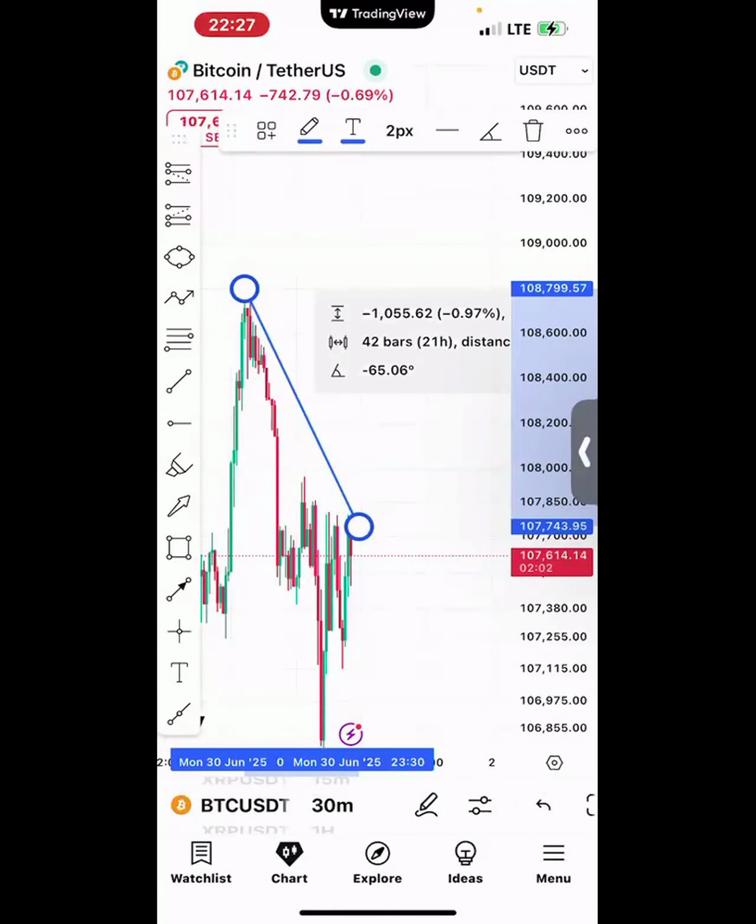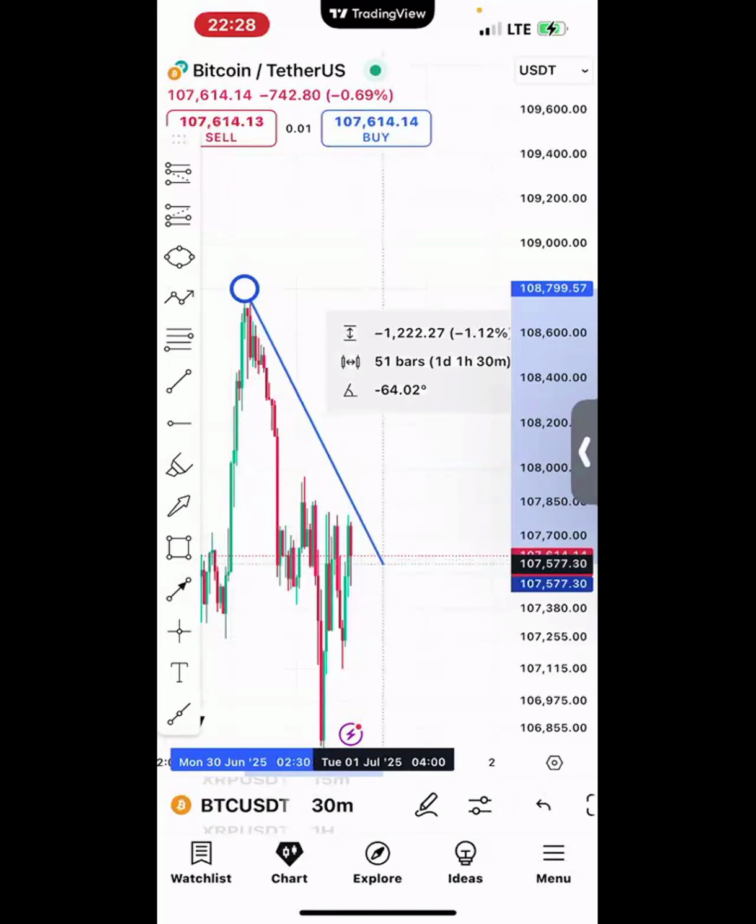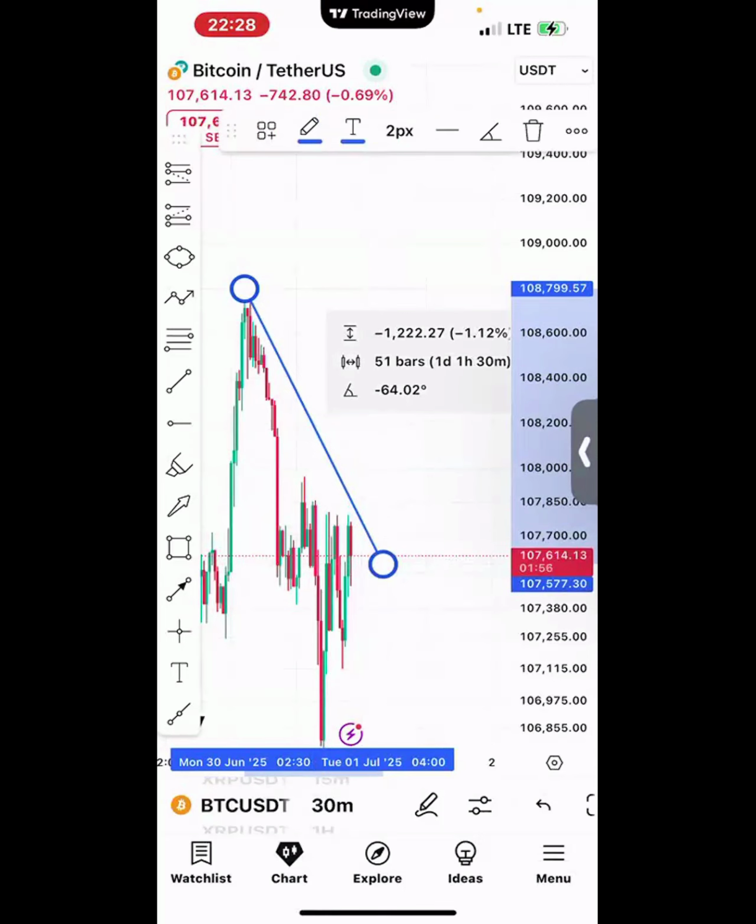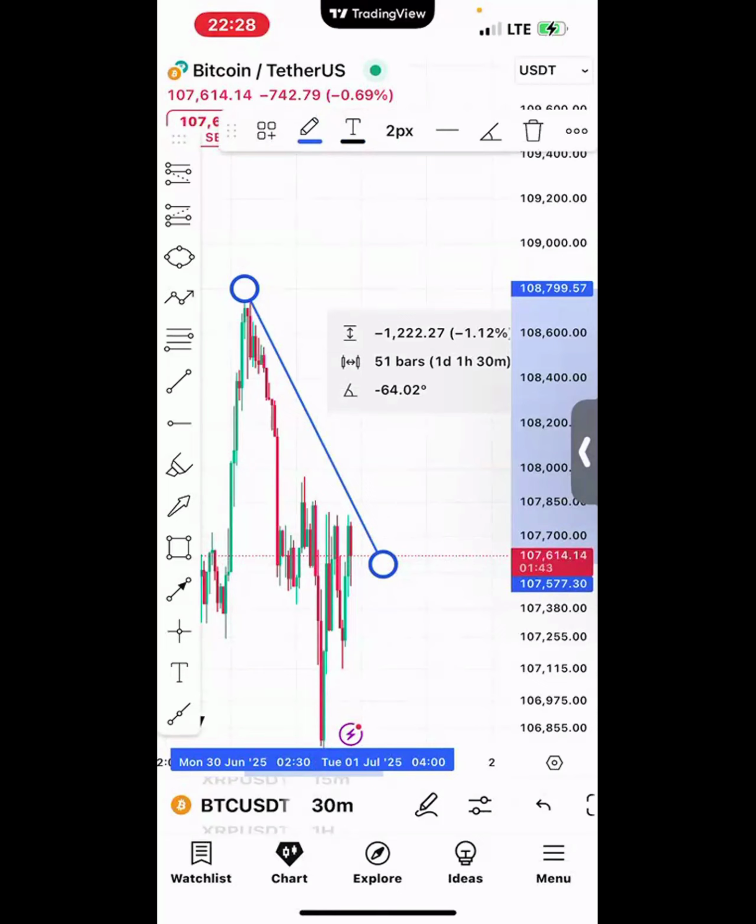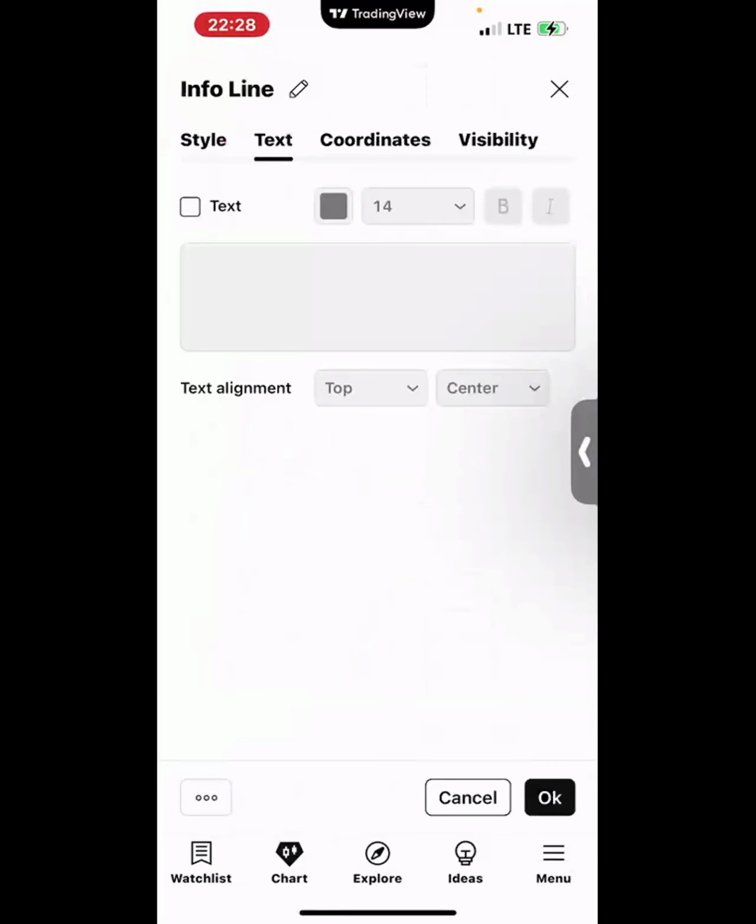So this is my trend. It's a matter of preference. Depends on how you like it. I can change the color of my text, so I could put it as black, which means each time I double click on this trend line and I want to write on this trend line,